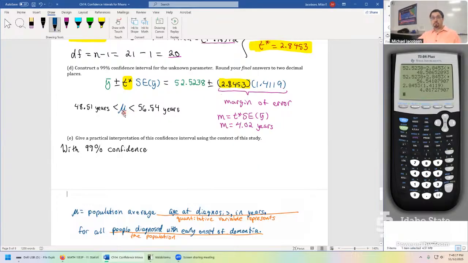and you come out down here, we're thinking mu, but we can't write down mu itself. We have to give an interpretation that makes sense to everybody, and you're going to lose a lot of people the moment you start mentioning Greek letters. So we just say exactly what we said earlier, what mu really is. With 99% confidence, the population average age at diagnosis, we don't have to say in years because we'll say years when we go to write down the interval. Let's go and say for all people,